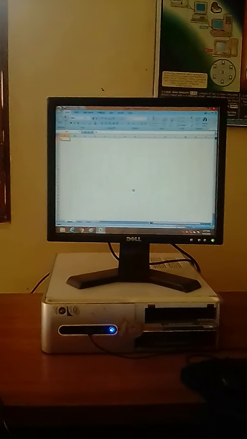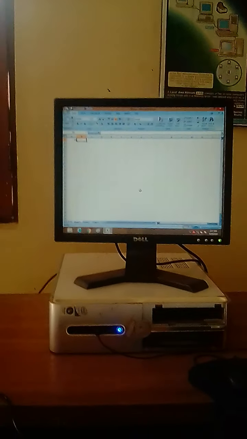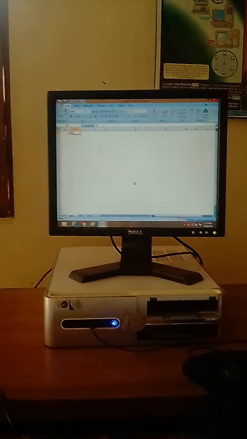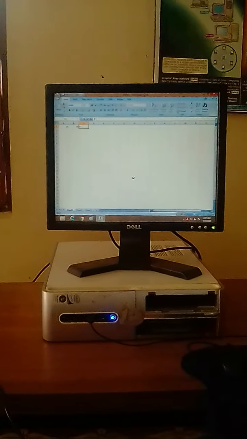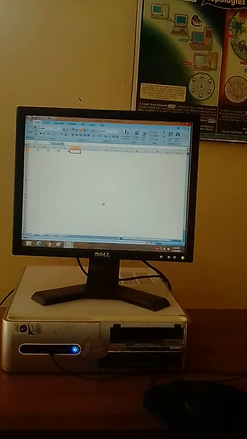33 in A, and in B 78, in C 99, in D 66. Okay, dear students, now our practical is to find the average of all the numbers that we have entered from A1 to D1.